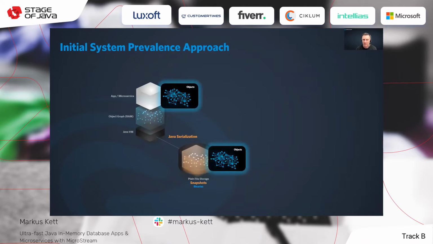The advantage here is we only have to deal with our Java classes, no more database-specific data structures or formats. This is really a simple concept, simple architecture. And now we are able to use the object graph in memory as an in-memory database, and we can query the object graph in memory by using the Java Streams API. And this is very powerful and really incredibly fast.